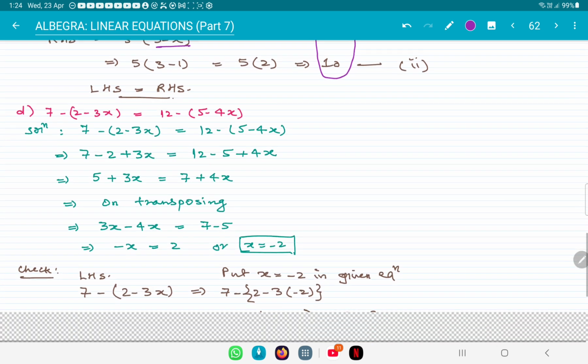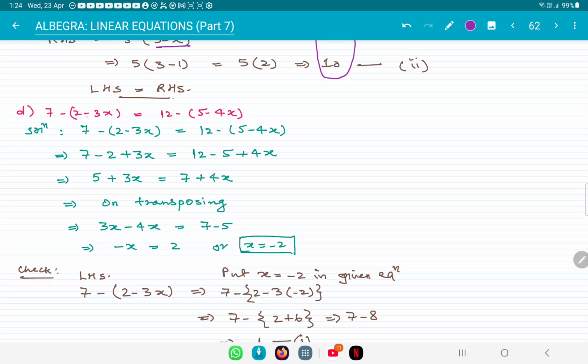Okay, next question. 7 - (2 - 3x) = 12 - (5 - 4x). So on both the sides, first we have to open our bracket. When the bracket opens, then this minus will be multiplied by every element. So we will get minus 2 plus 3x, since minus minus is plus, and here is the same, minus minus plus, so it will become plus. So 7 - 2 + 3x = 12 - 5 + 4x. 7 minus 2 will become 5, 3x will be as it is, and here 12 minus 5 is equal to